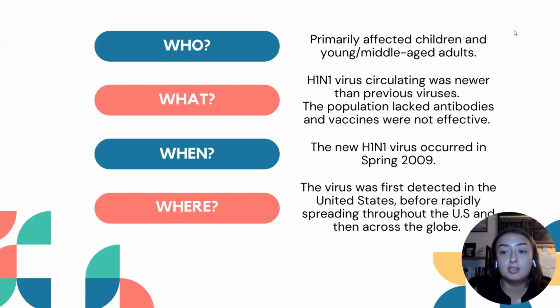The first case, also known as Patient 0, was a 5-year-old boy living in Mexico. He was the first documented case of the new strand of H1N1. Once the virus was prevalent in the United States, it ran rampant through the communities and towns like we hadn't seen in a very long time. It eventually reached many countries and spread throughout the globe, resulting in a pandemic of H1N1.